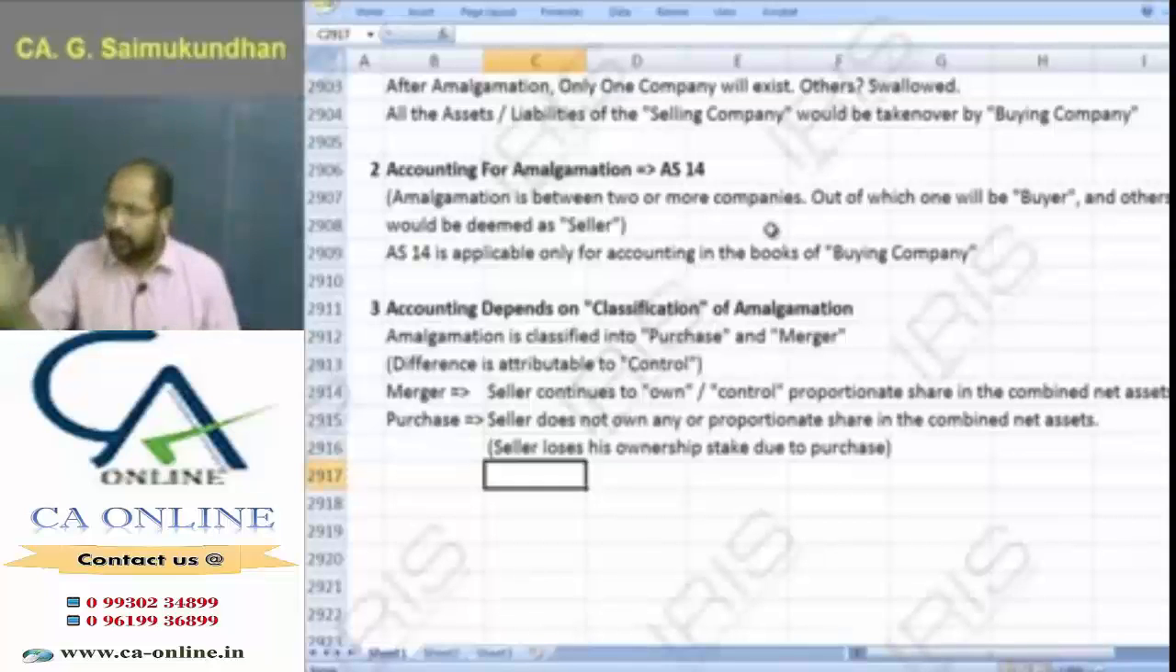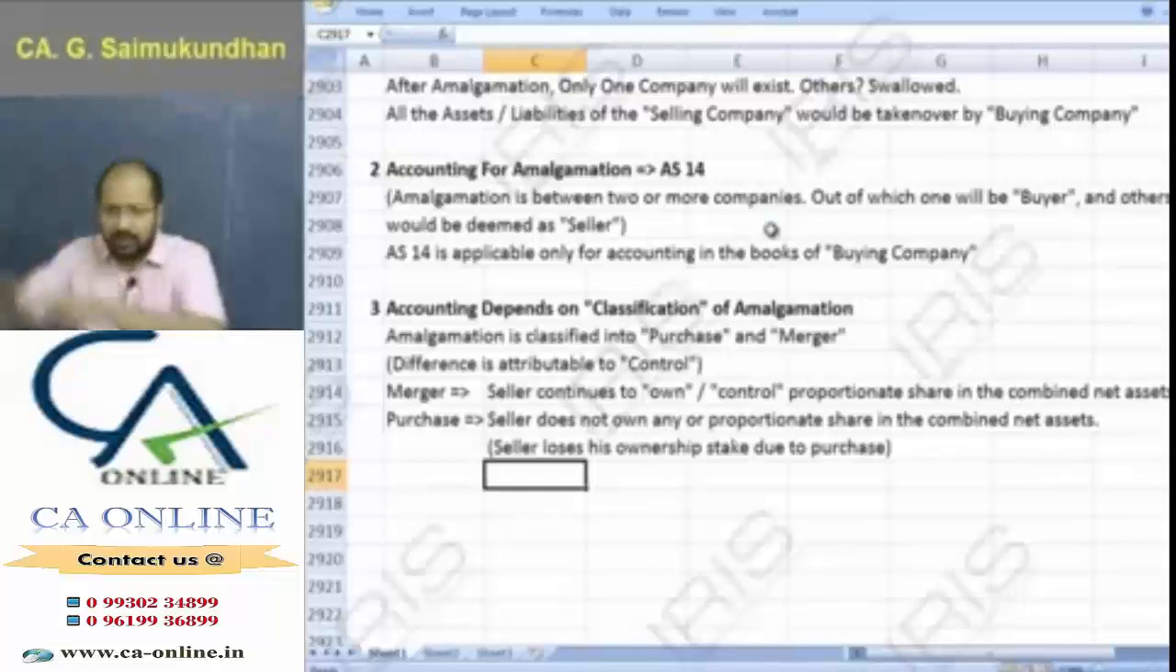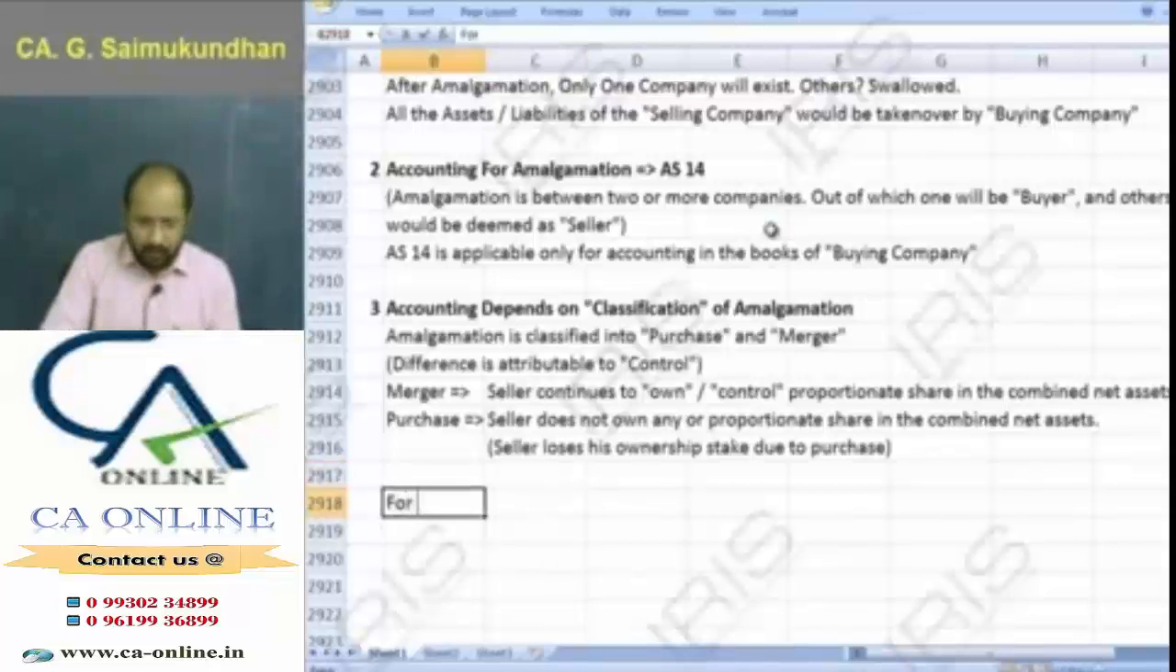Loses, don't think that absolutely lost, seller substantially lost also. We'll see all this. This is your conceptual base for AS14,